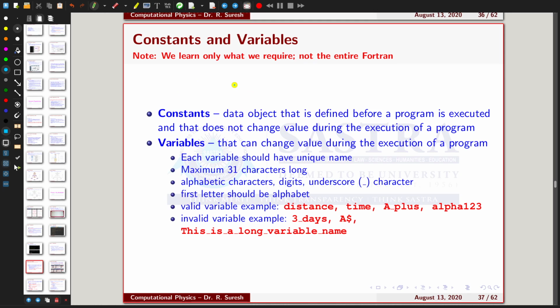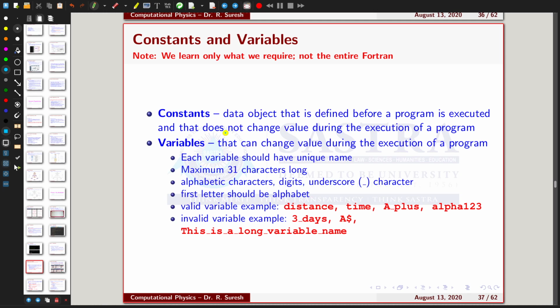Keep this in mind, because there are a lot of instructions and commands available in Fortran which are not actually required for our scientific computing. So I will give you an introduction or explanation for the corresponding variables, constants, or whatever particular instructions we are going to use in your scientific programming.